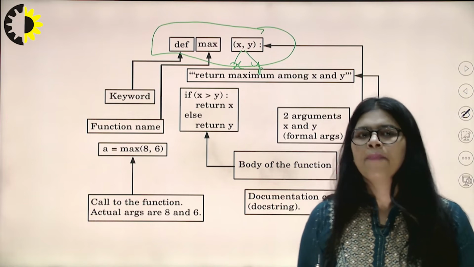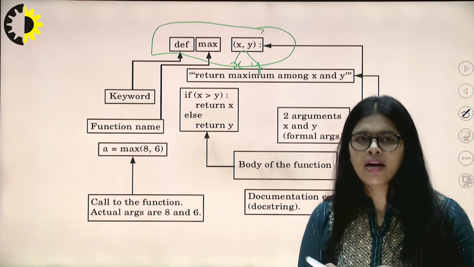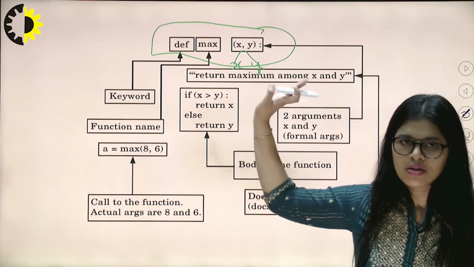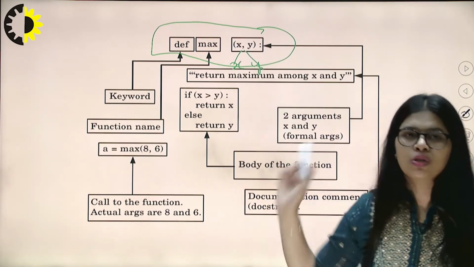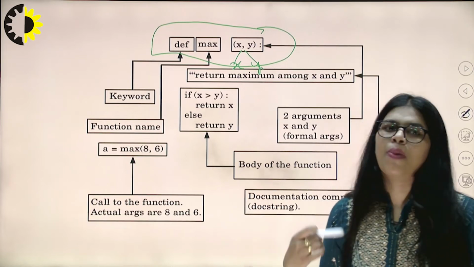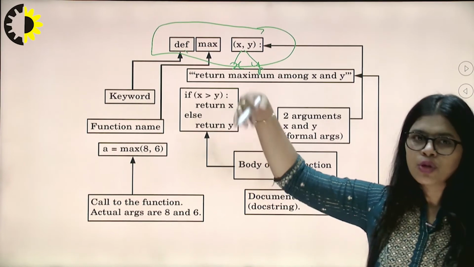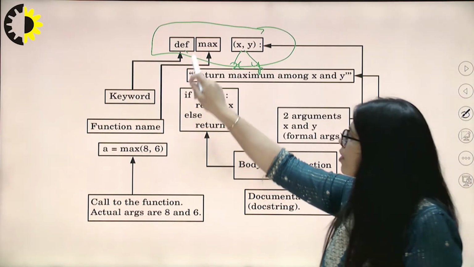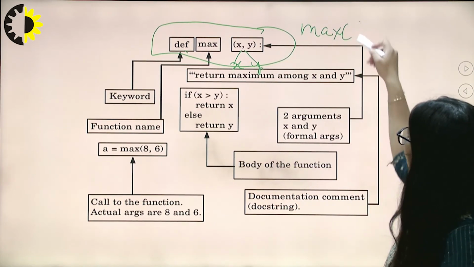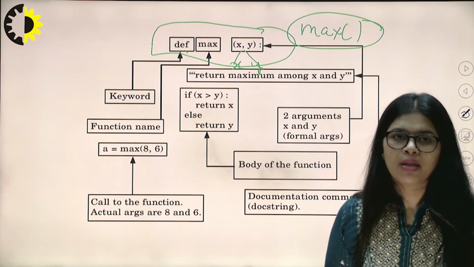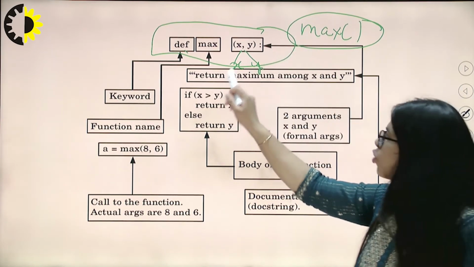An argument is used when we want to print the value of a variable, so we have to pass a value for the variable in the parenthesis. So x and y are the arguments of a function, where an argument is used to pass a value to a function. def is the keyword that we have to use at the start of each function definition. Max is the function name. I told you max is an already predefined mathematical function, meaning we have to print the maximum value between x and y.